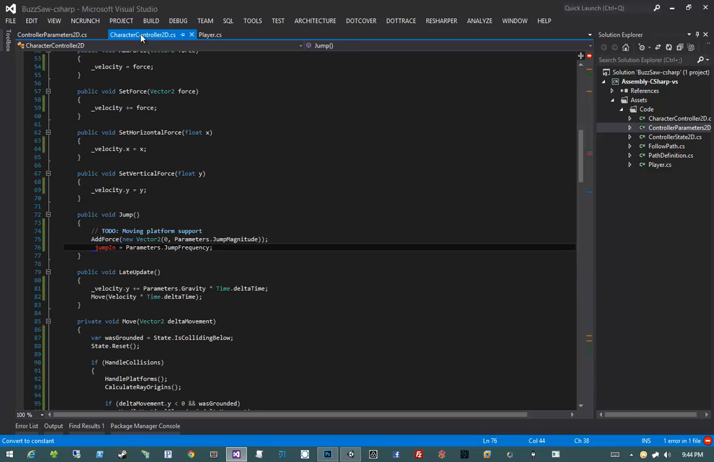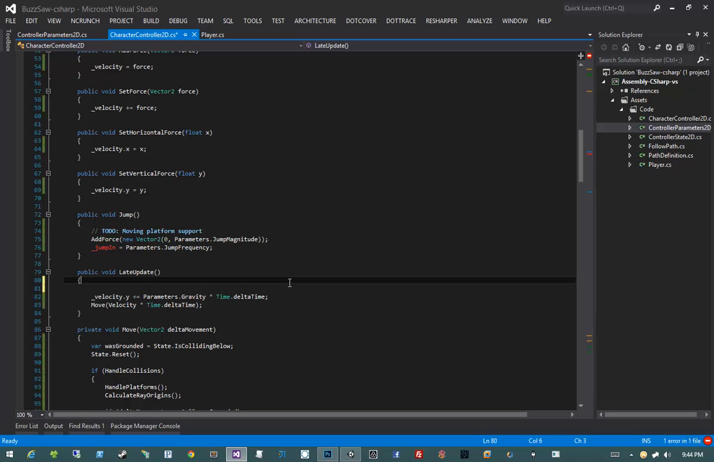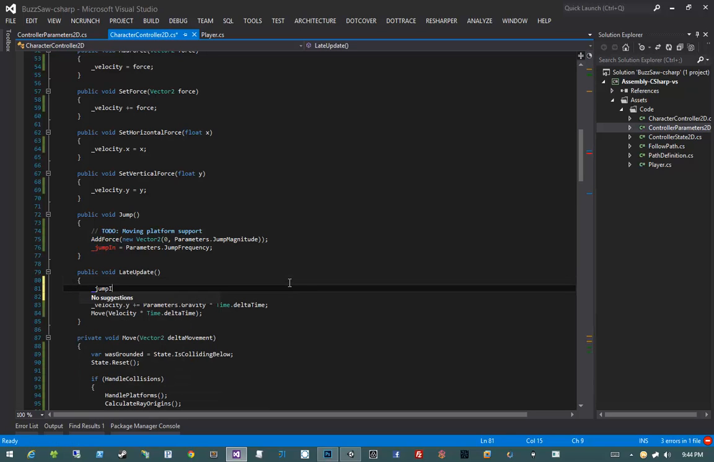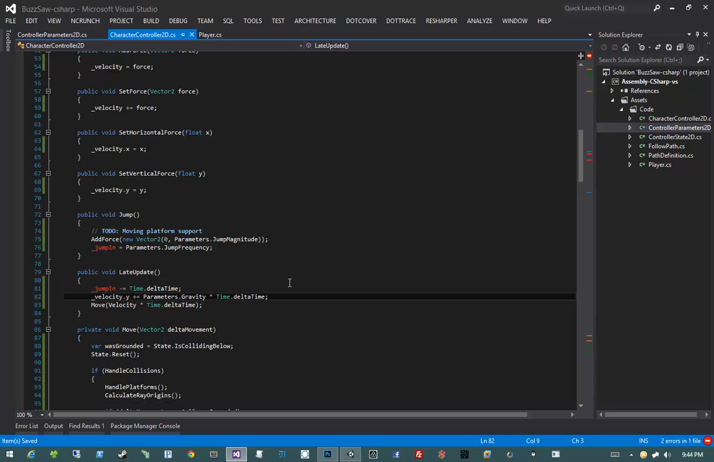So if we jump back into the Character Controller 2D, we have the jump-in set right there to the jump frequency of the parameters every time they jump. But how does jump-in decrease? Well, what we're going to do is on LateUpdate, we're going to say _jumpIn -= Time.deltaTime. Alrighty, so that pretty much is the code that we need on the Character Controller 2D for jumping,